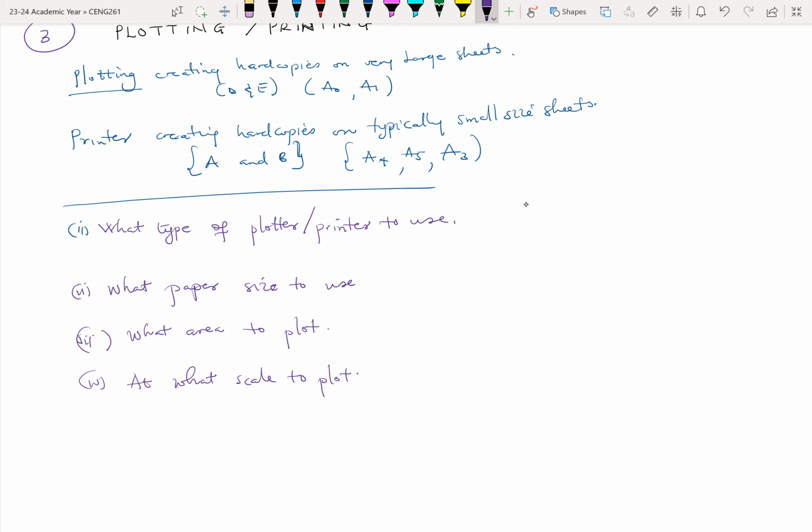Then the paper size to use: we have those based on inches, the A, B, C, D, E. Then we have the ISO sizes, where I think we have A0 all the way to maybe even A7 or A8. There are so many of those. What area to plot? We'll look at that. We'll show that in the